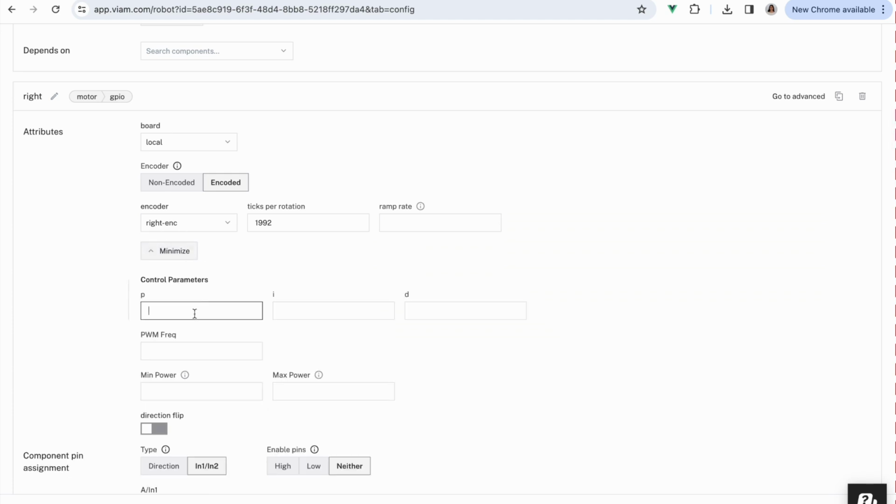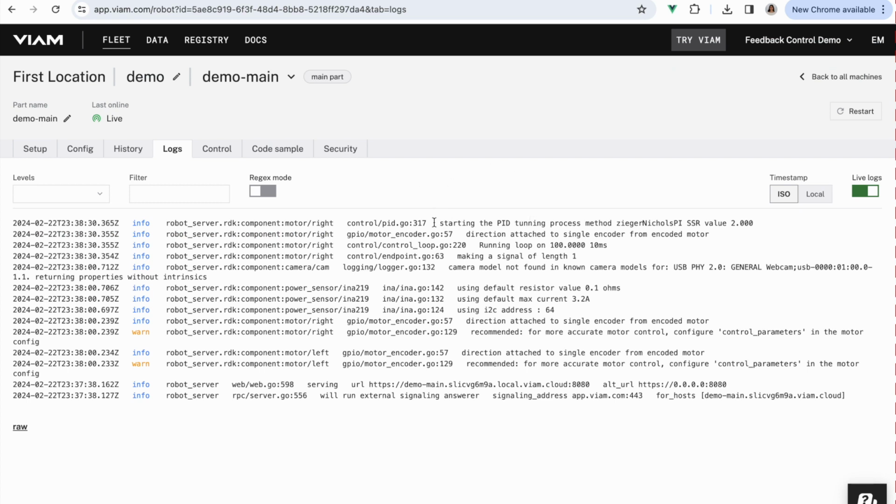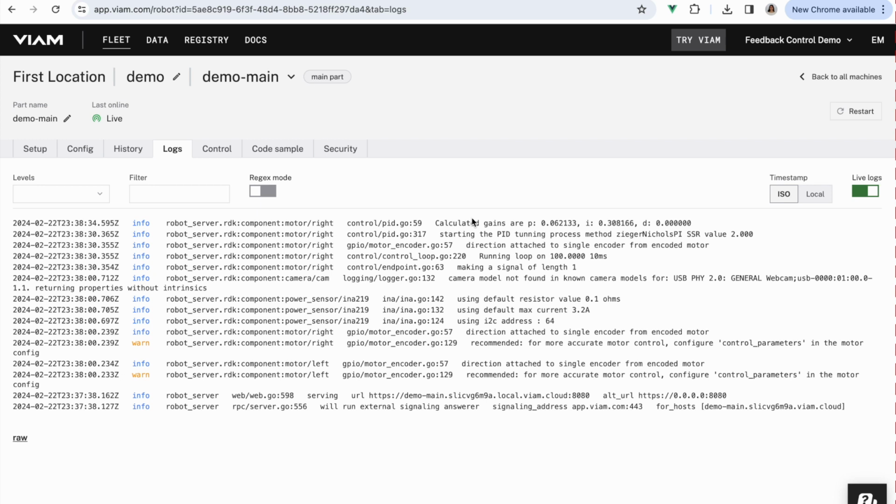Now we'll configure PID control, which will allow for much smoother motion. I'm going to have Viam Server auto-tune and suggest values for P, I, and D. To trigger auto-tuning, for each motor, set the P, I, and D values to 0 and check the logs for